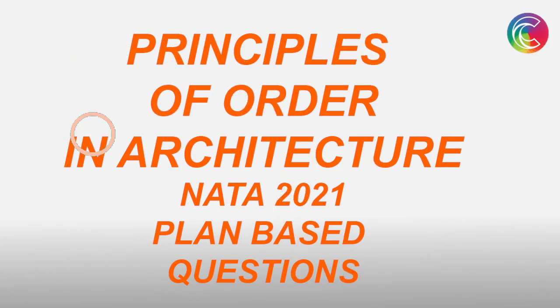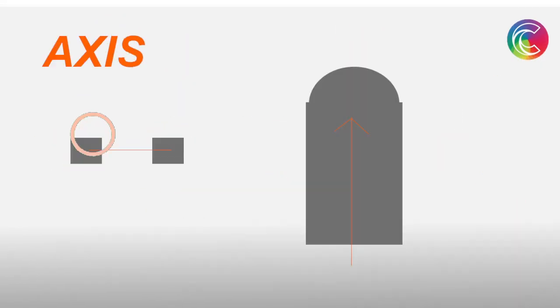So let's understand, what are the principles of order in architecture? This is how you lay out a plan or something, and this is what is mostly asked in your plan based questions. So first one is axis. Can you see that light spot in orange color line? It is a line which connects two points in a design element. That can be two points, or it is a straight line that defines the elements around it. In some cases it has direction, sometimes it may not have direction, but that line holds the design around it.